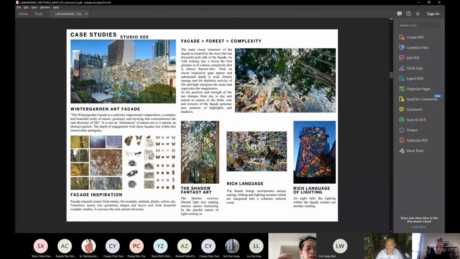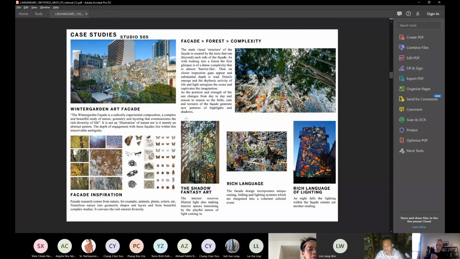the exterior work is equally important to the design of the building. So the window garden facade is a complex and beautiful study of nature, geometry, shape, and layers, expressing a sense of complexity, from an artistic feeling to visual fascination. So this is an abstract representation.